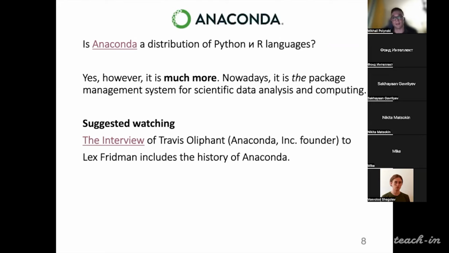By saying this, I mean that it's so widely used that it's almost implicit that people doing machine learning research use Anaconda. Of course, if they use Python or R.